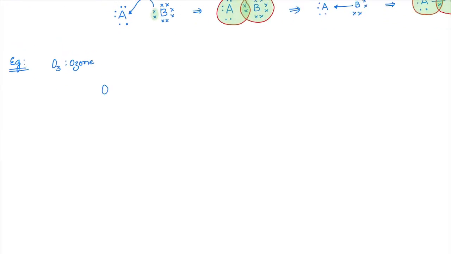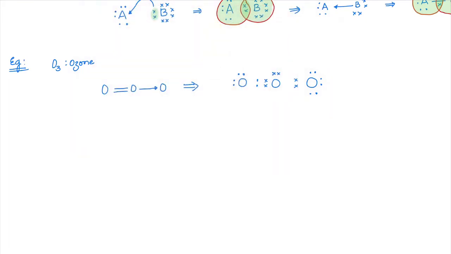So the actual structure of ozone would be oxygen, double bond O, and a bond like this. This is the bond line structure. Now let me split this into the octet Lewis structure. So that means the left oxygen has 2 lone pairs, and there are 2 electrons being shared with the central oxygen, which has 1 lone pair, and the other lone pair is being shared by the same oxygen to the other oxygen, which already has 6 electrons of its own.